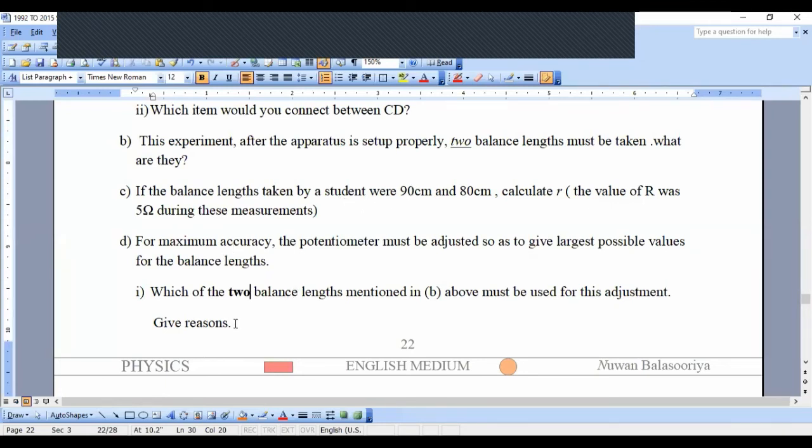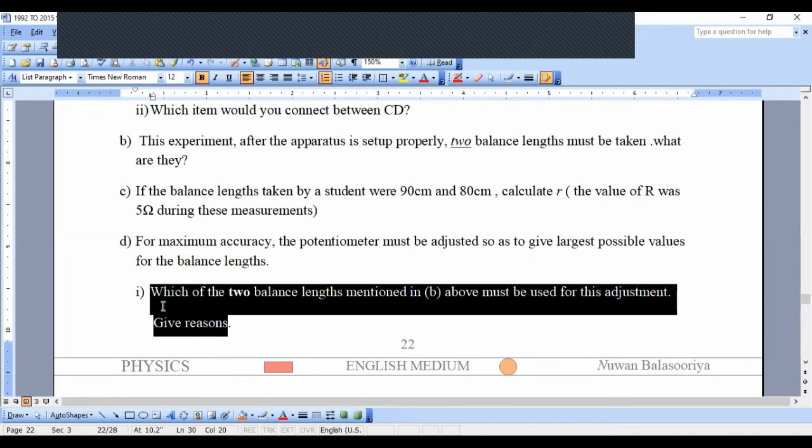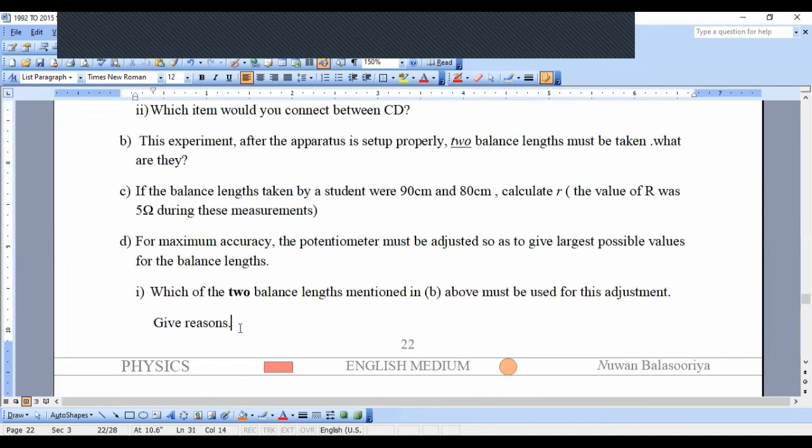So we should select one balance length, L1 or L2, for this. Which balance length mentioned in part B must be used for this adjustment? Give the reason. So the balance length, please write with me. The largest balance length